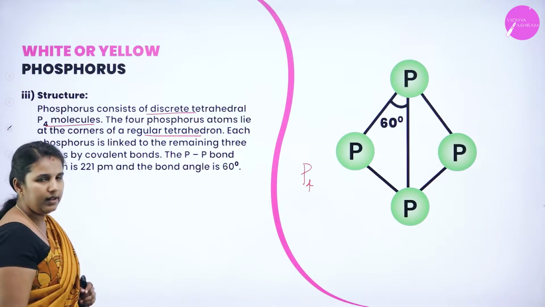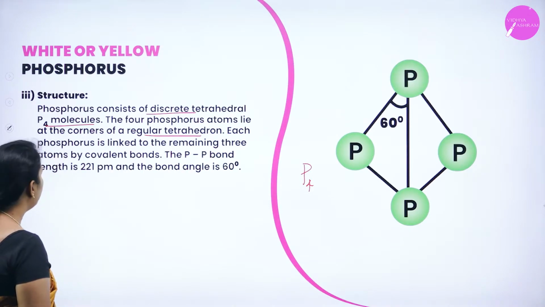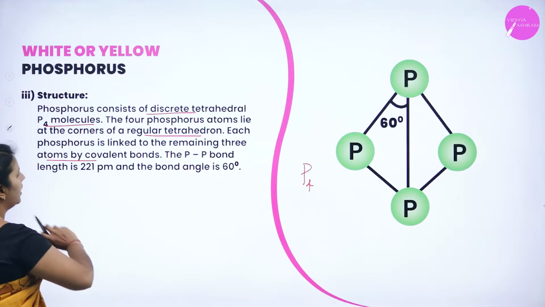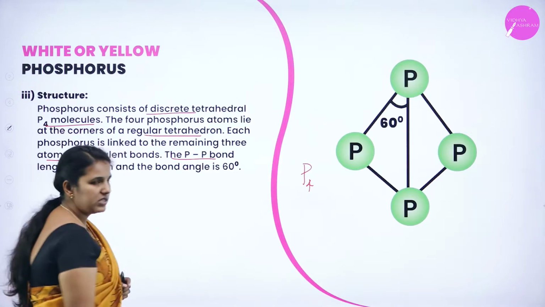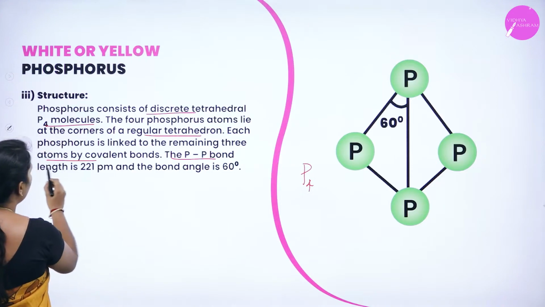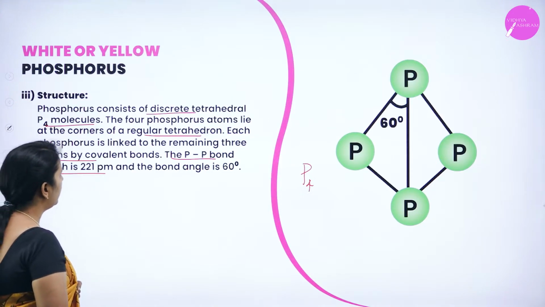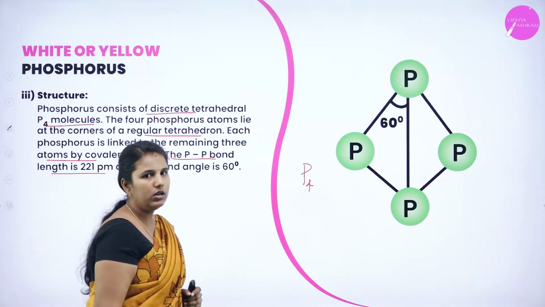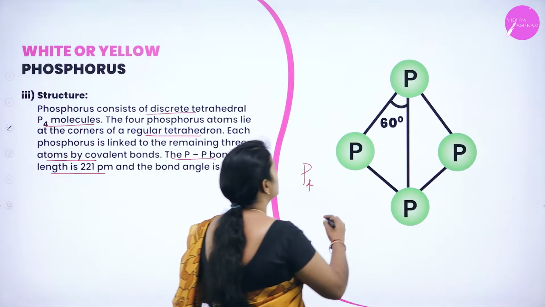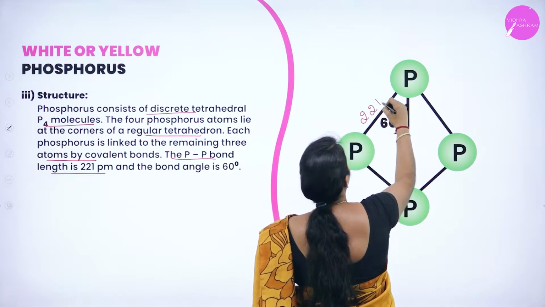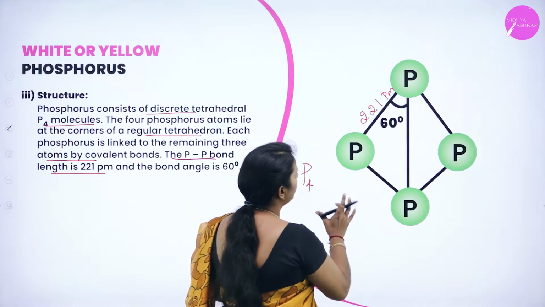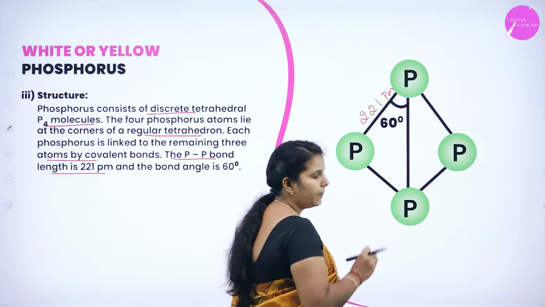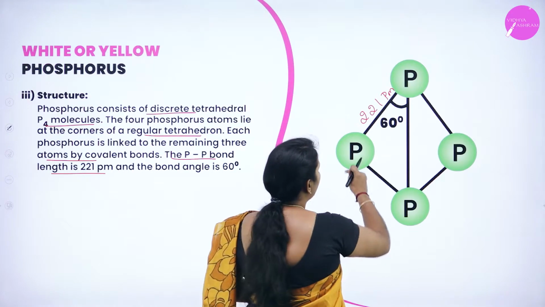Each phosphorus is linked to the remaining 3 atoms by a covalent bond, and it forms a phosphorus-phosphorus bond with a bond length around 221 picometer and a bond angle around 60 degrees. So the bond length is 221 picometer. So you can clearly understand that in white phosphorus there are 4 phosphorus atoms, and each one